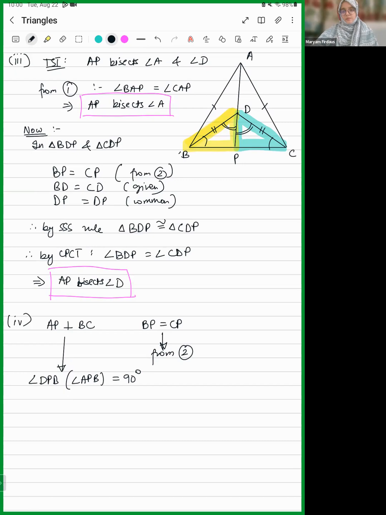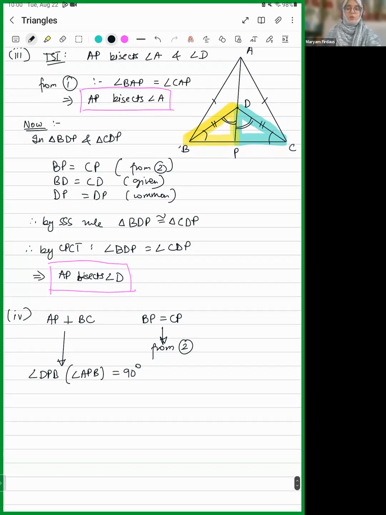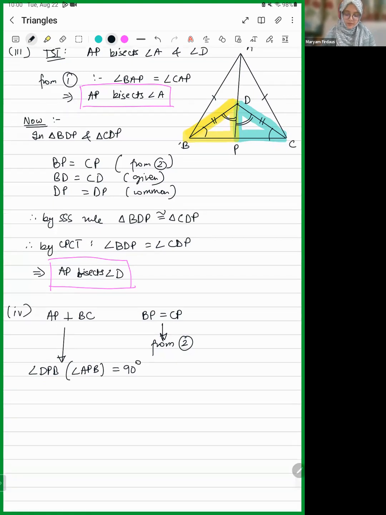Ma'am, it's like a numerical, so both the sides are same, so angle B and angle C will be same as well. So angle A plus 2 angle C equals 180 degrees by the angle sum property. See, you're thinking like that, it's a very good thing, but you don't need to go that complicated for this. You can just say that if you look at this triangle over here,